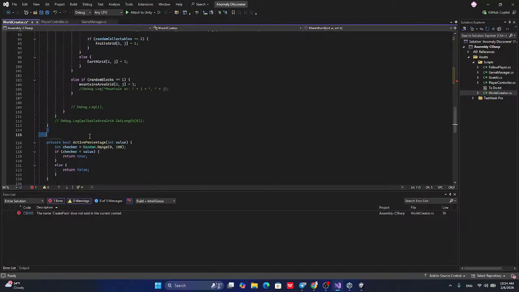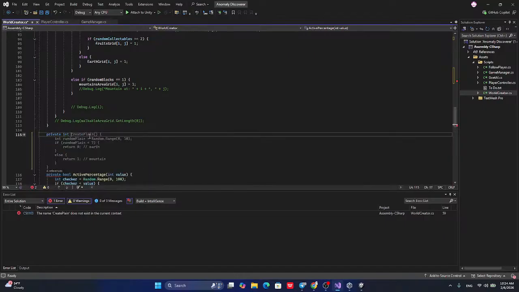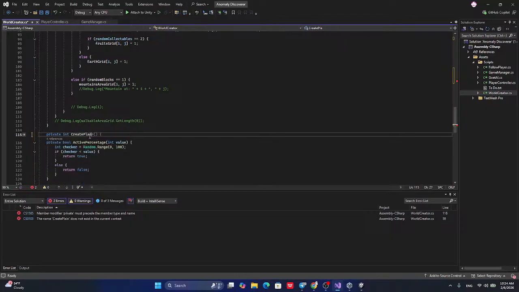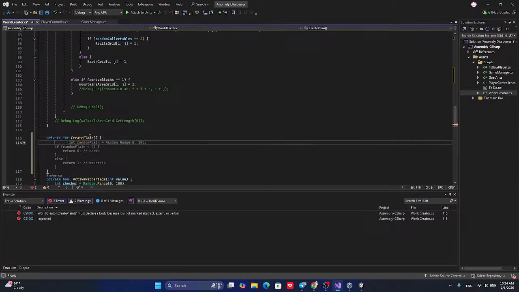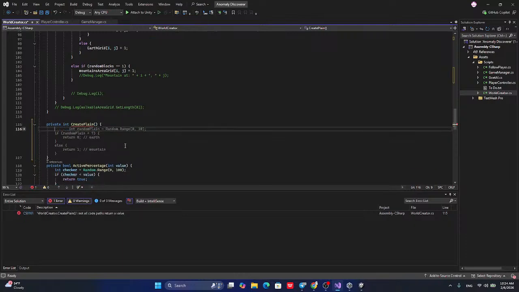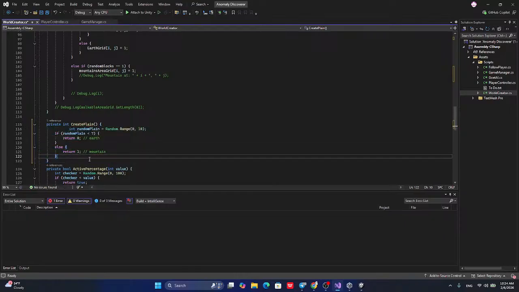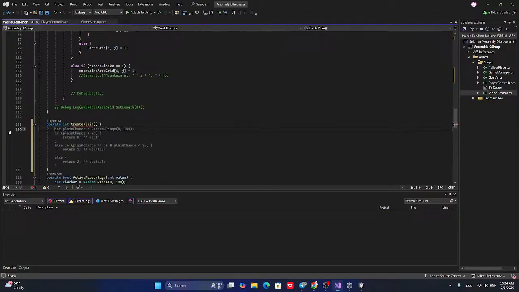We need to create a private integer create plain. Yeah, it's kind of doing everything for me, but not doing quite nice. Okay, let's do it here, and then so it has a